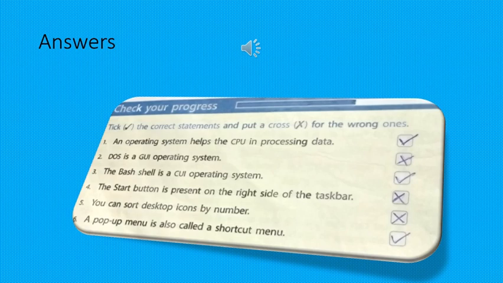Then sorting desktop icons. Sorting means putting them in order. To sort, right click on the blank area of the desktop and place the mouse pointer on the sort by option. Then there you will get 4 options, that is you can sort it by name, by size, by item type and by date modified. According to your choice you can change it. Then opening an icon. To open an icon, click on the icon and press the enter key or double click on the icon.